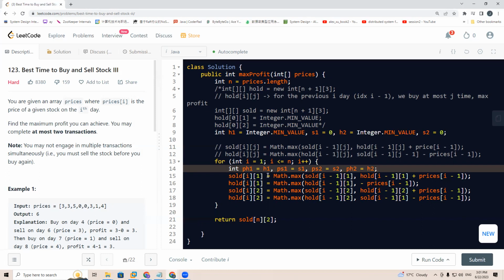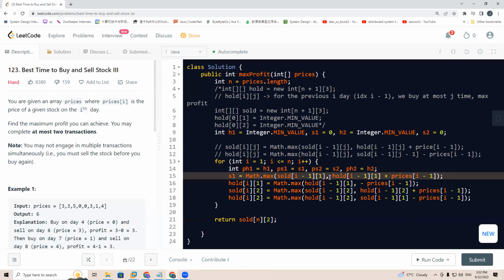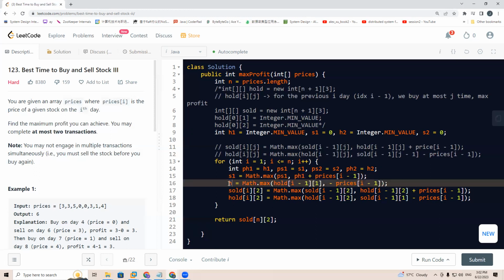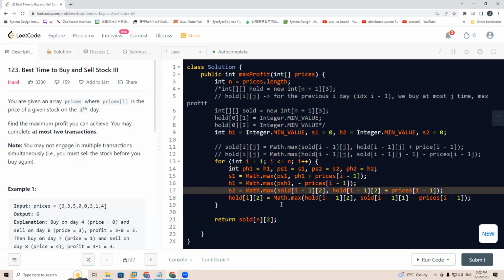So we'll say this s1 equals previous s1, right? Previous s1, previous h1, previous h1, and we'll say h1 equals previous h1, and s2 will be previous s2, and this is the previous h2,